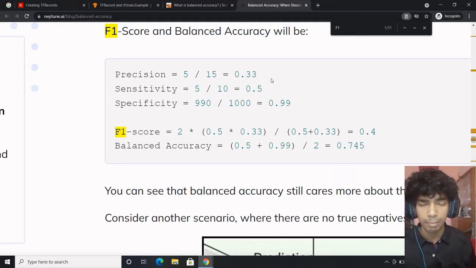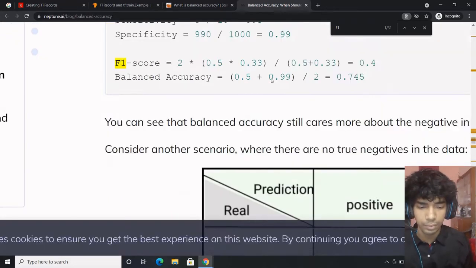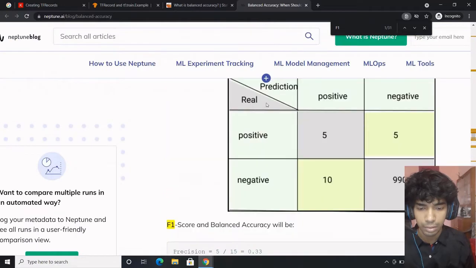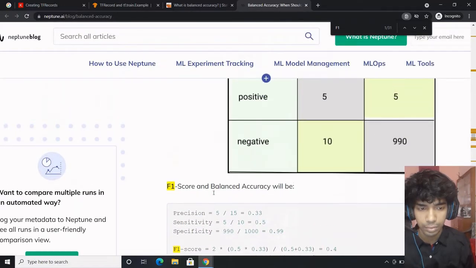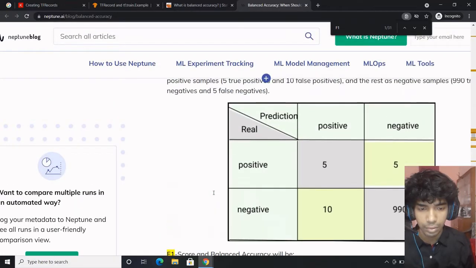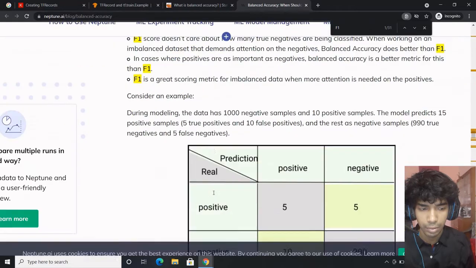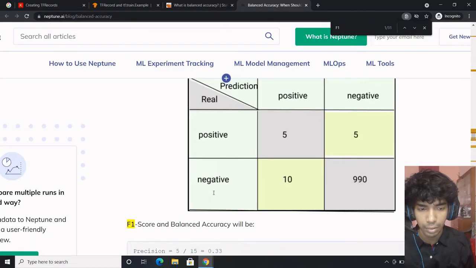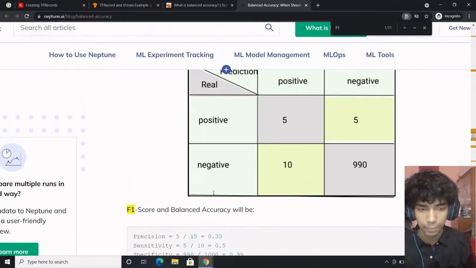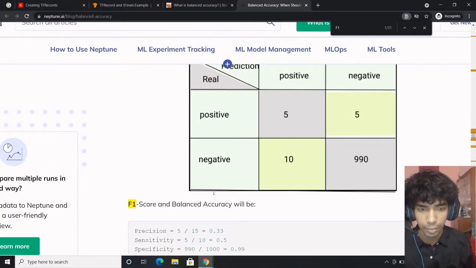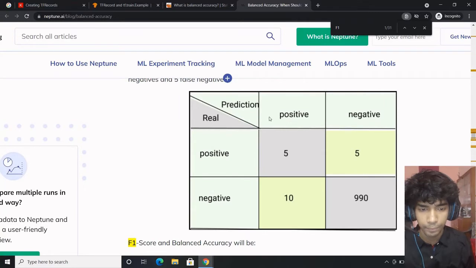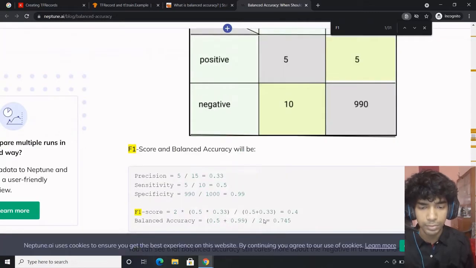True positive by true positive plus false positive.